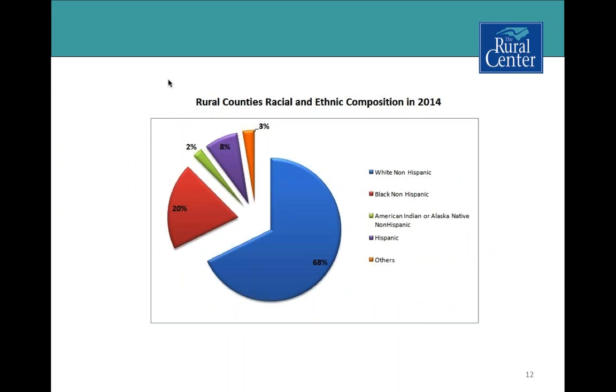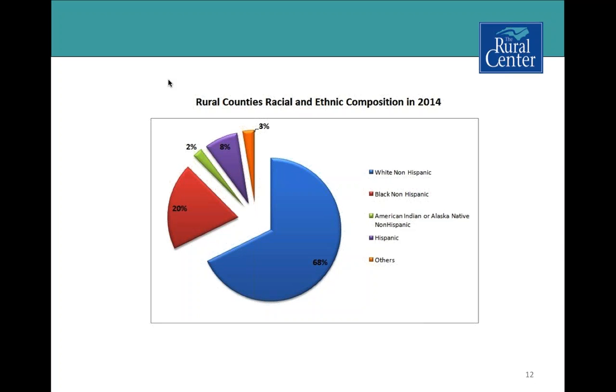Who are we? I mean, who are we racially and by ethnic composition? This data comes from the Census Bureau for 2014, and you'll see that 68% of the rural population is white, non-Hispanic. And when I say white non-Hispanic or black non-Hispanic, it's a good way to point out that we have these racial classifications, but Hispanic, Latino is an ethnic designation. That is, somebody of any race can be Latino. And that kind of confuses people at times, and so we've corrected this data to highlight the white non-Hispanic,